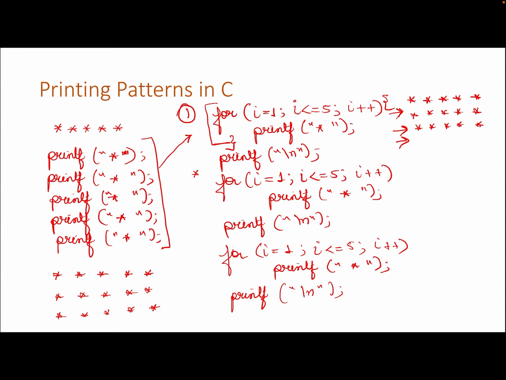So now what is common in these 2 cases? This is case 1, case 2. In this particular case, these statements were getting repeated again and again, so I have put them inside a for loop. Now here these three statements are also getting repeated again and again. I am printing this pattern 3 times. So instead of writing 3 for loop statements, I can write it like this. This is the statement which I want to repeat.